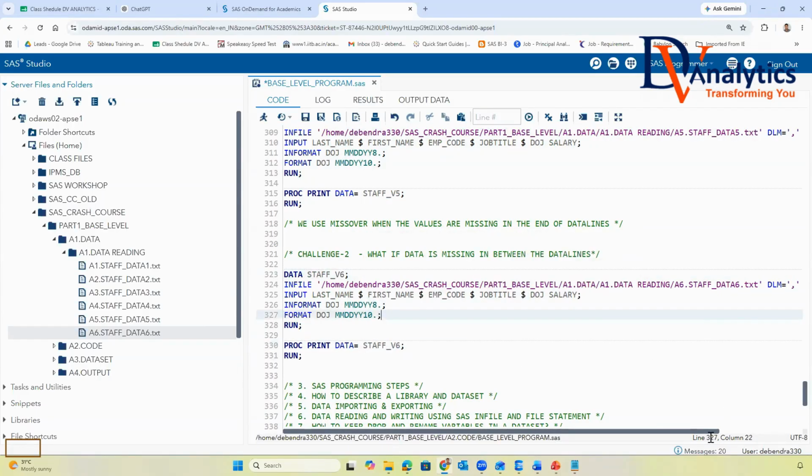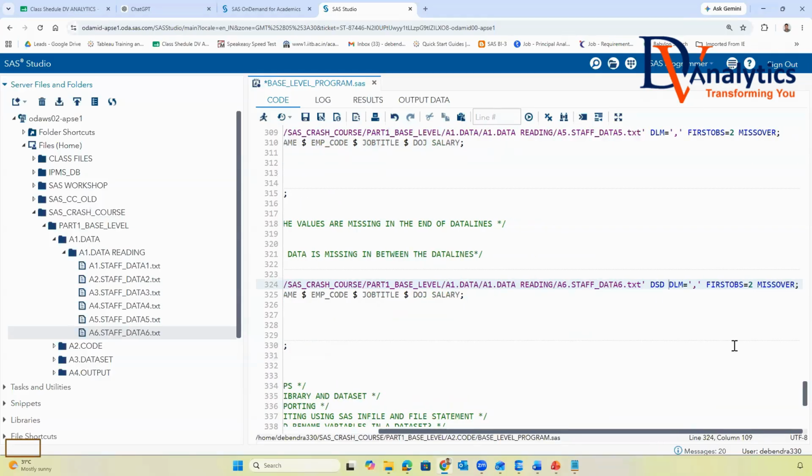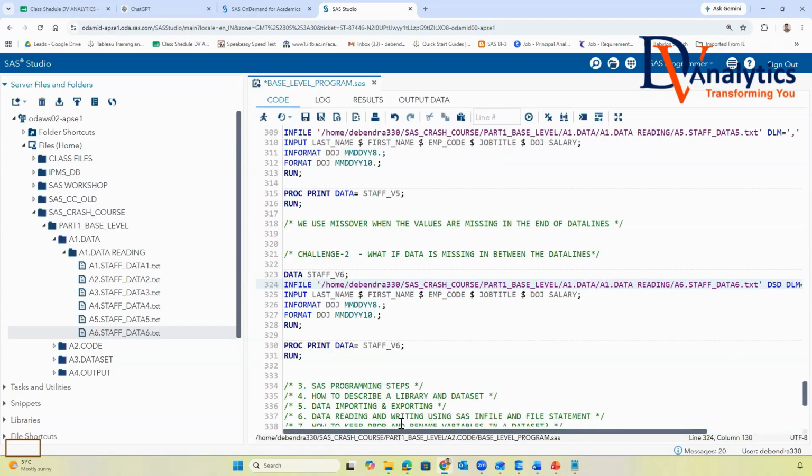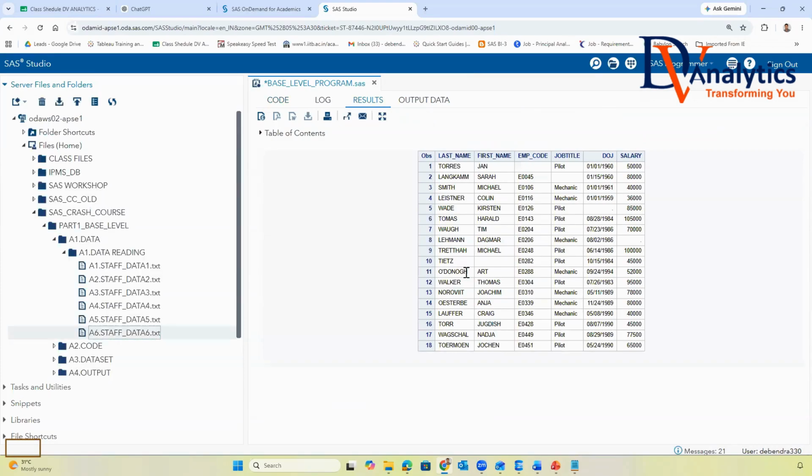However, since I know my values are missing in between, I'll use DSD. DSD means data sensitive delimiter. Then you use DLM as comma, then missover. If you use DSD, DLM, and missover together, you can read the data even if it is missing in between, and it will give all 18 observations perfectly.